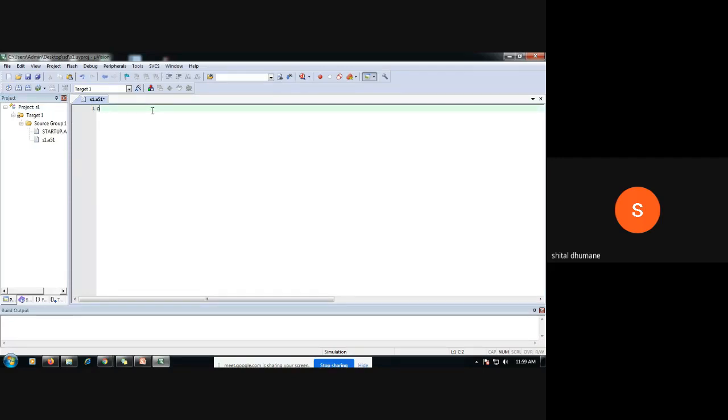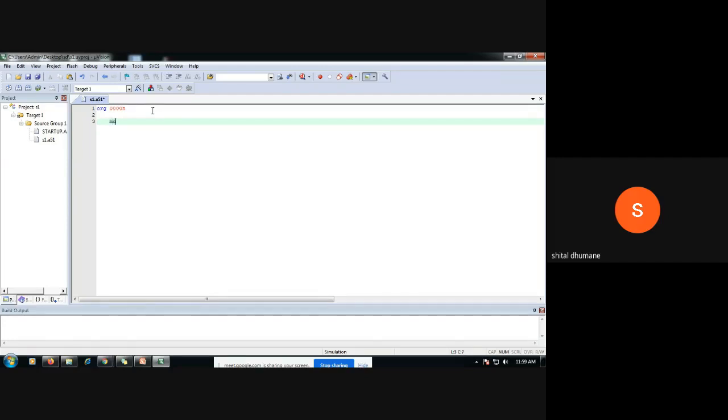First, we should always have this instruction, ORG 008. The program we have to do is to store 10 bytes in some internal memory location and add all of those 10 bytes.